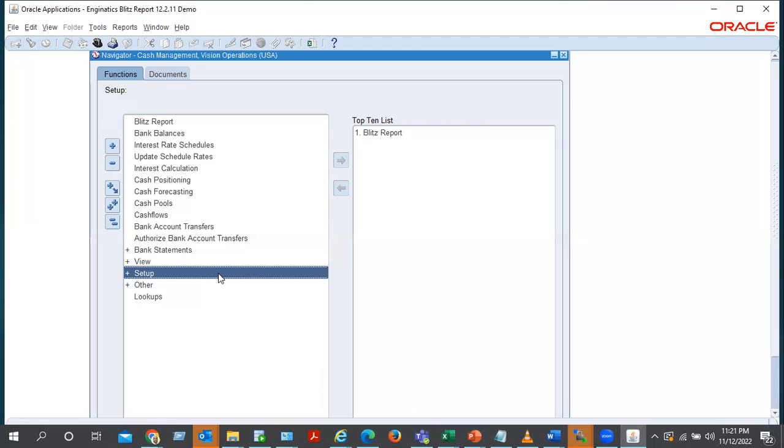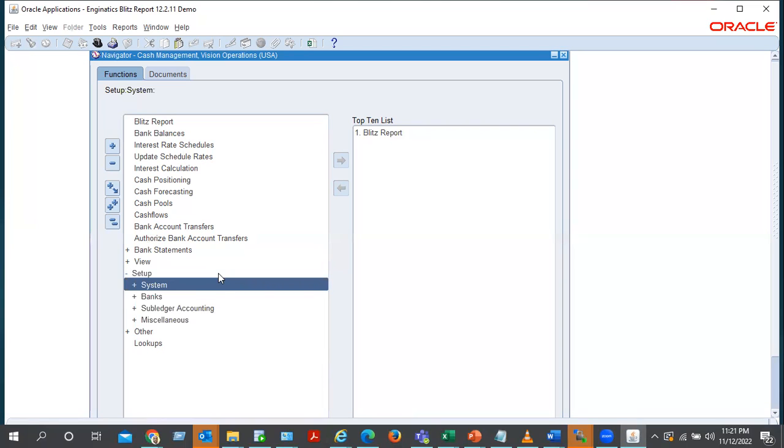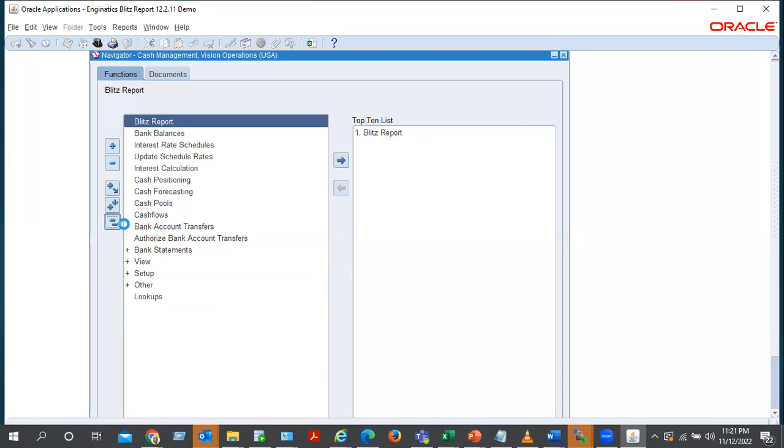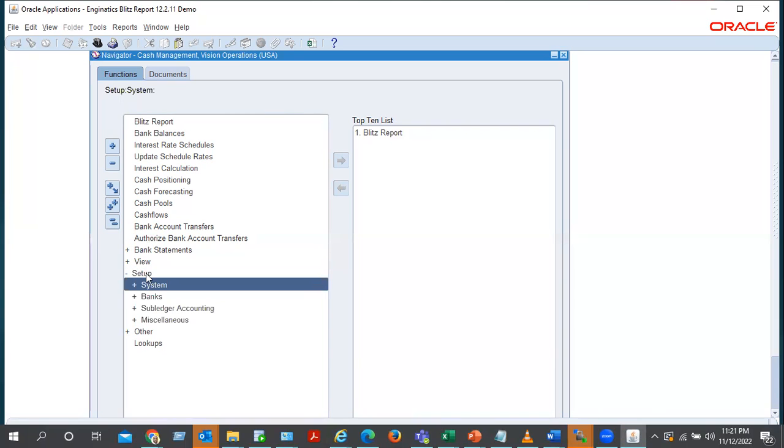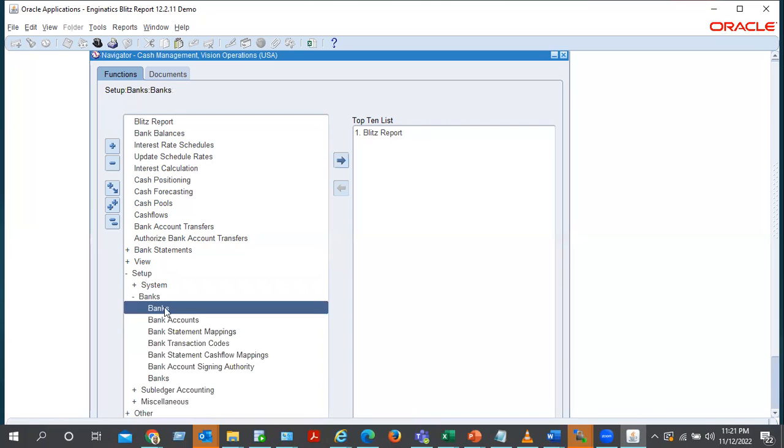So I'll navigate to the bank creation page, and the navigation is Setup, then you go to Banks. Under Banks, you have banks and you have bank accounts. What usually happens is you cannot create a bank account without a bank. Usually, you first create banks. So I'm assuming I don't have a bank already existing, and I can also assume I have an existing bank. All I need is maybe an account to create. So if I click on banks,